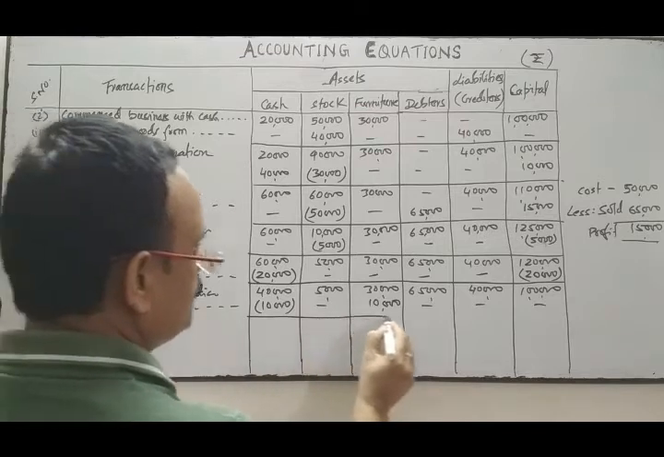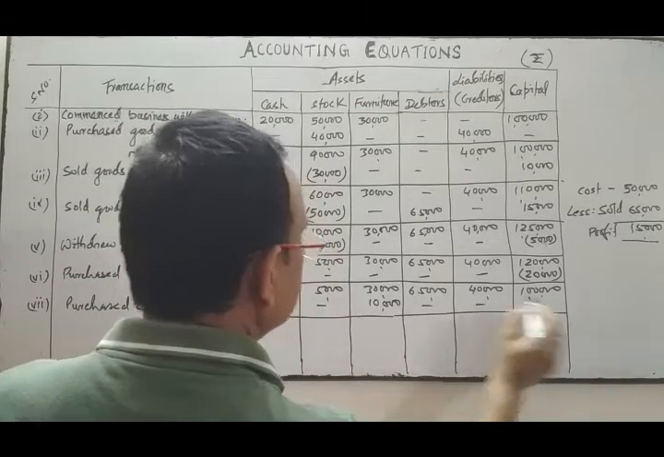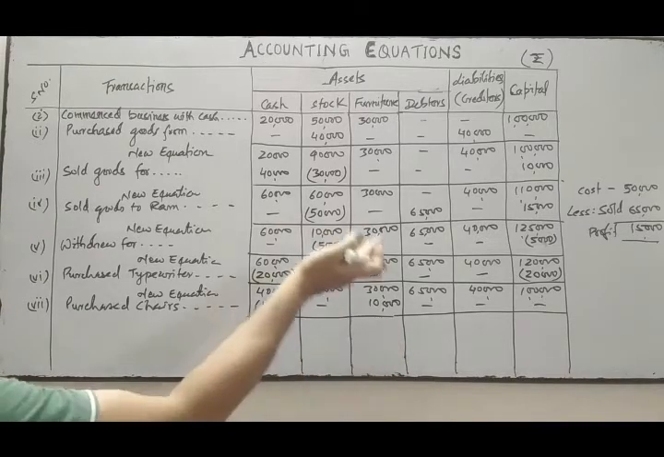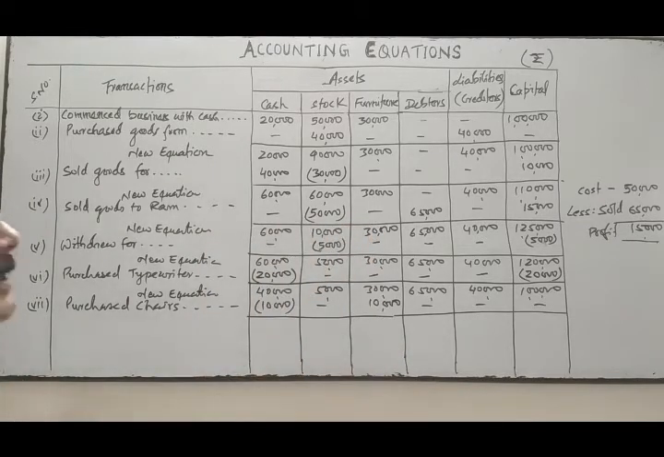So cash will reduce, and on the other side furniture will increase. Both effects are on the asset side. One asset is increasing, another asset is decreasing, so the equation is balanced. So the new equation after this transaction is: